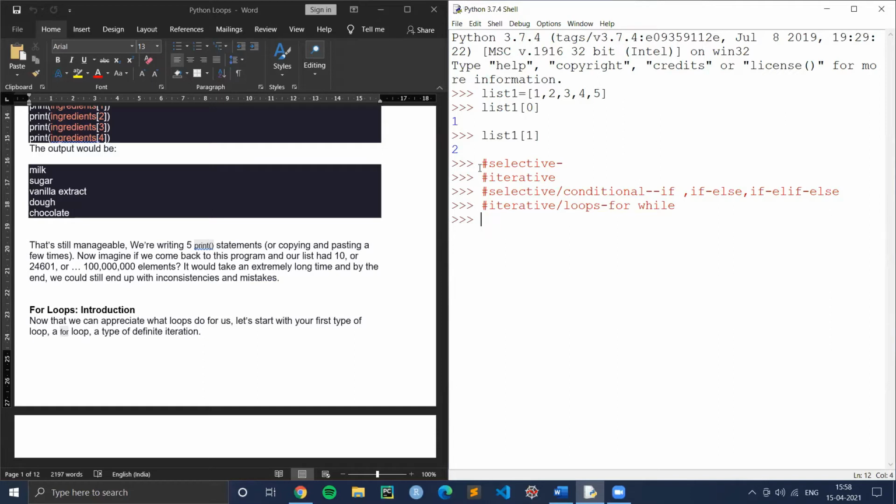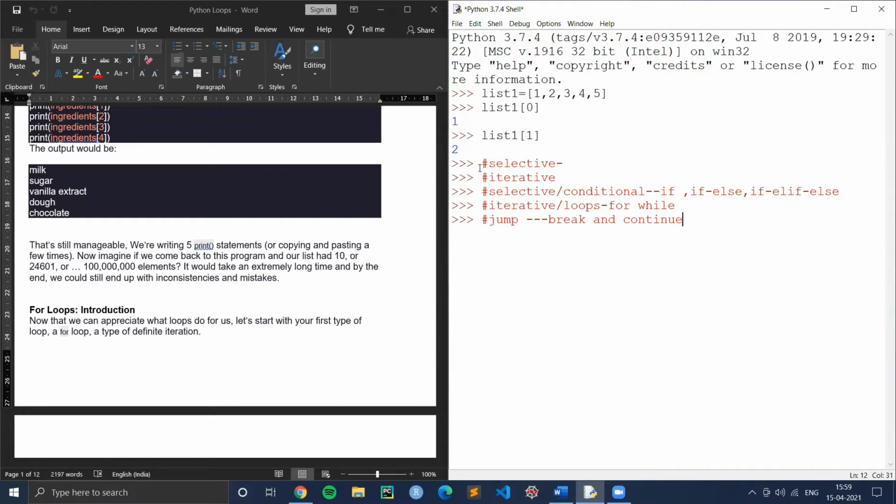And then there are other statements which are called jump statements. These basically help you, within the loop, to jump out of the loop or skip elements. They are break and continue. So you'll just get to know that. Okay, so these are what you'll be learning today. So I'll go one by one.